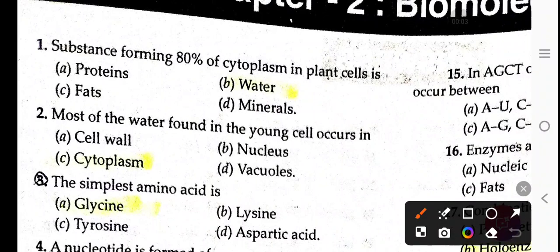Hey friends, so today we will discuss important questions from the biomolecule chapter of biology. We will try to cover each and every question that is expected. So let us start. Question number one: the substance forming 80% of the cytoplasm in a plant cell is